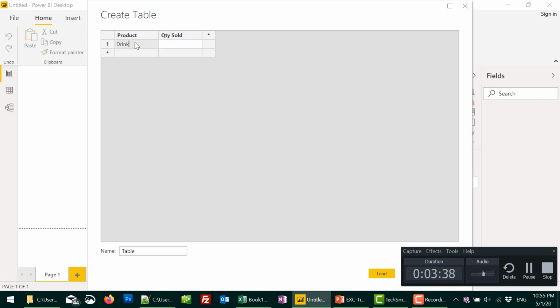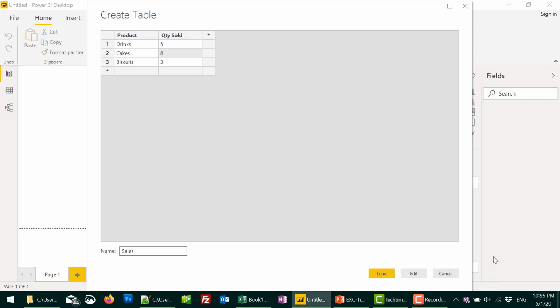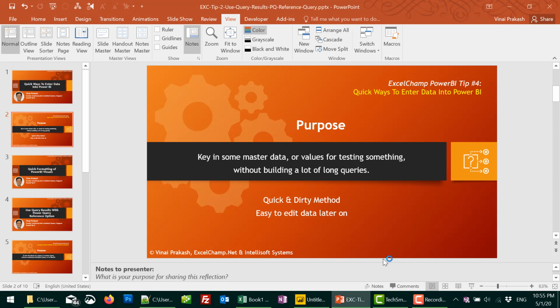Let's say drinks is 5 and cakes is 8. So that's it. We have a couple rows. Let me add a third one. Okay, so I have 3 rows. Let's change the name of this to sales table, and now I'll just simply click on load, and as you can see,